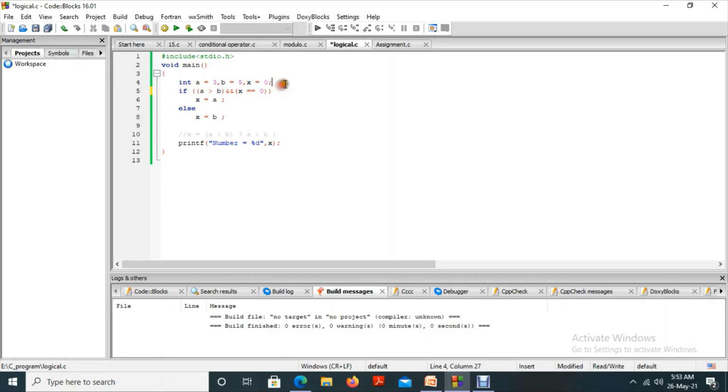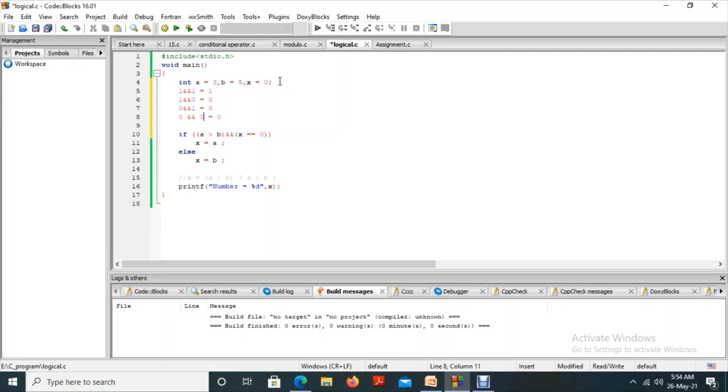So normally, what is the process? 1 and 1, you will get 1. 1 and 0 equal to 0. 0 and 1 equal to 0. 0 and 0 equal to 0.